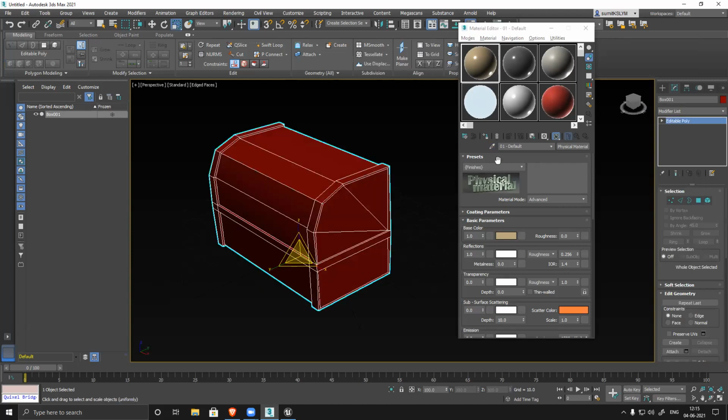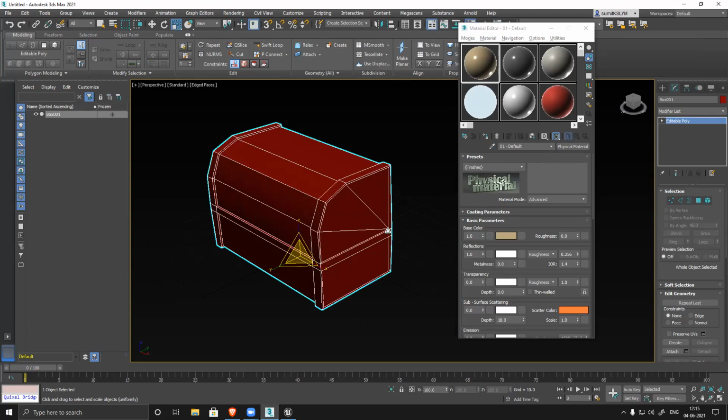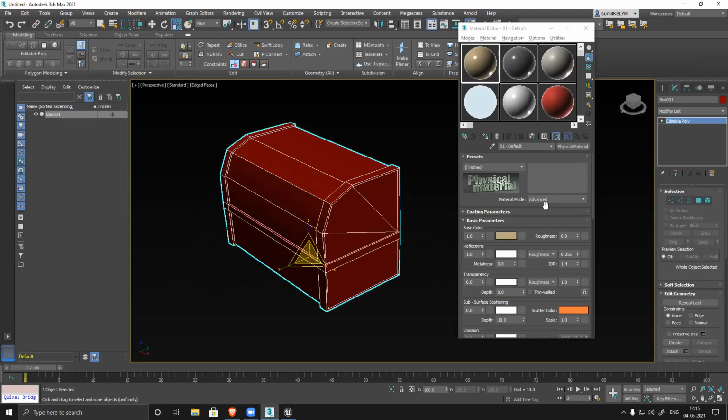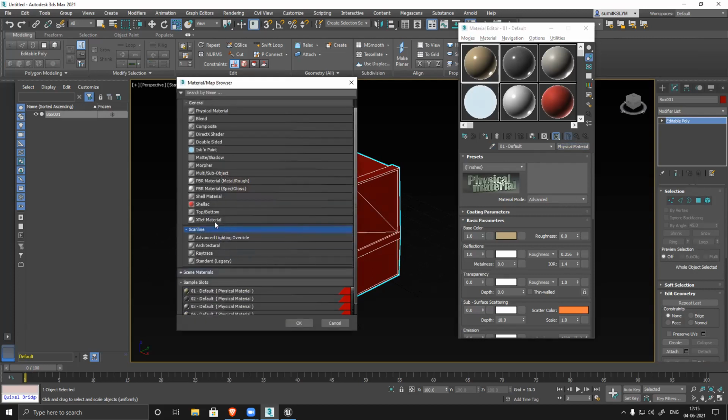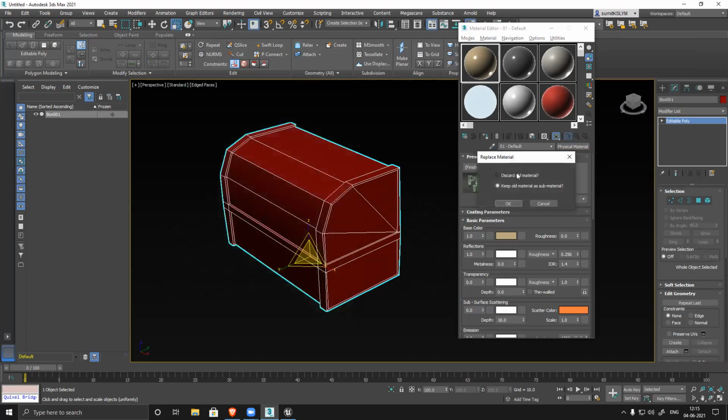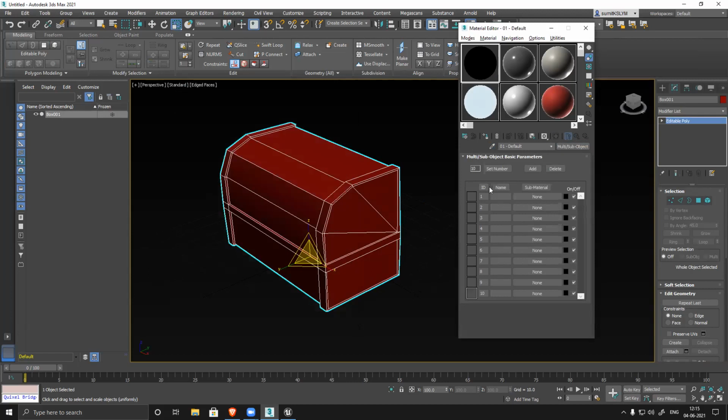So now I have to create a material with multiple, but the material ID is already there, so automatically it will have two different materials. So what I can do is click on this, and there is a Multi/Sub-Object. Click on this card. So I have this material ID, and I want two materials. Type 2. Okay, only two materials.